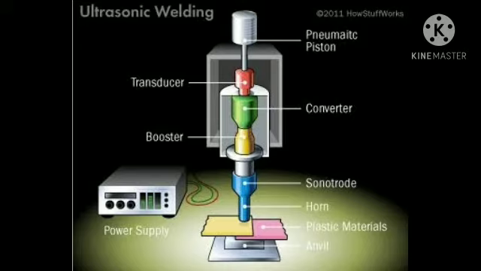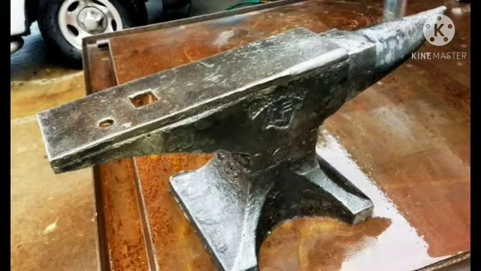So the first element is the press. It is used to supply the pressure on the two plastic materials to be joined. It may be of pneumatic or electric driven type. The next element is the anvil. It is a clamping device that is used to hold and clamp the two plastic pieces together. It allows the high frequency vibration to be directed to the interface of the two pieces.